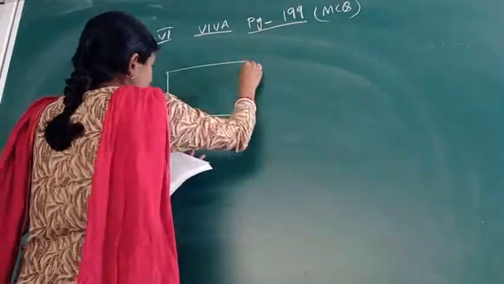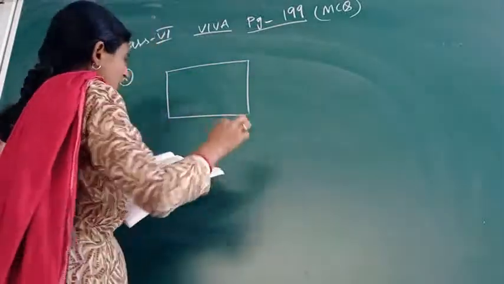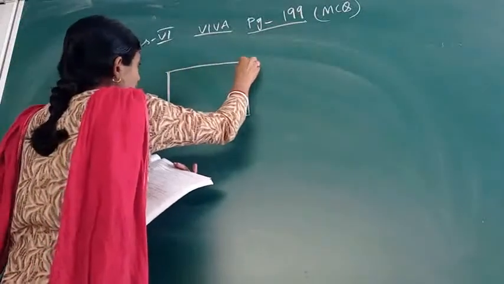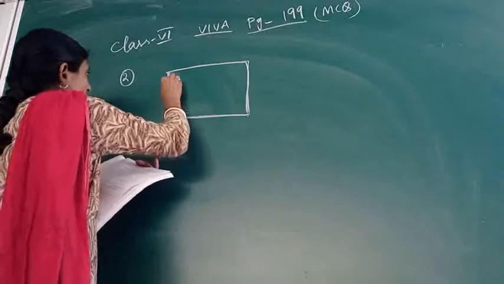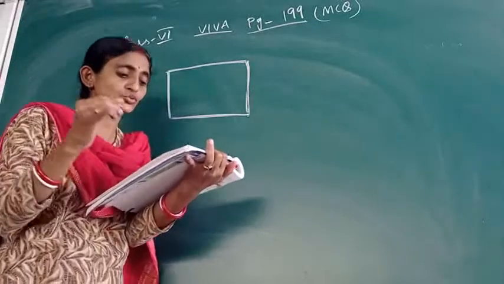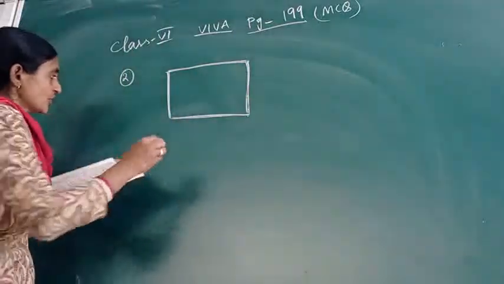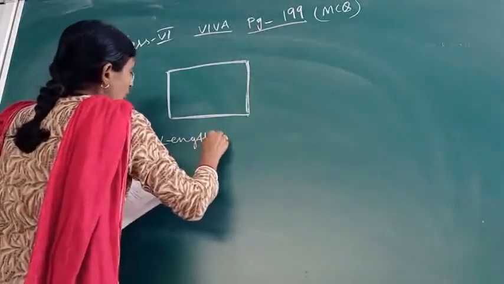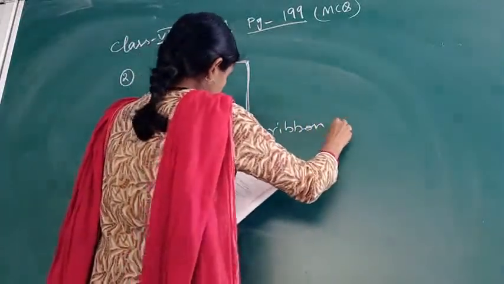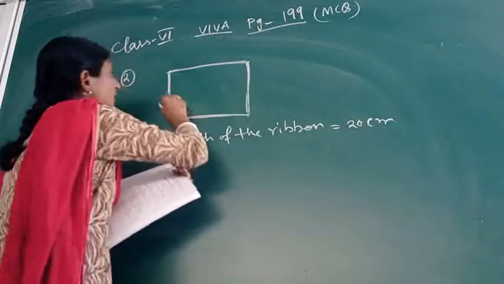One tablecloth is there. We don't know the measure of this tablecloth, its length, breadth, anything else. Only it has been given that one ribbon has been stitched over it and it is used for 2 rounds. So it is 1 round, then on the same another 1 round. So 2 rounds. And the length of the ribbon after taking two rounds is given here as 20 centimeter long. Okay, so let's go for that. Length of the ribbon equal to 20 centimeter, and this is the 2 rounds around the tablecloth.